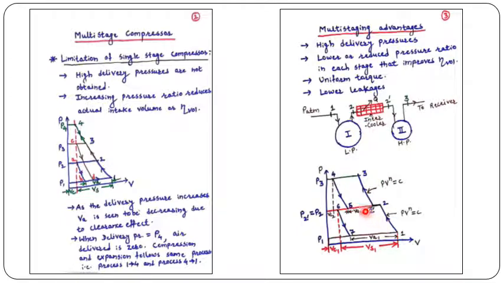So, now you have this as the PV diagram for a two stage compressor. Again, in the second stage it is compressed and delivered. So, 3 to 4 is the delivery, and 4 to 5 is the expansion of the air which remains in the clearance in the second stage. So, the actual volume which is sucked in the second stage is from 5 to 2 dash. So, V2 dash minus V5 is the actual volume which is sucked in the second cylinder. So, this is the PV diagram for two stage.